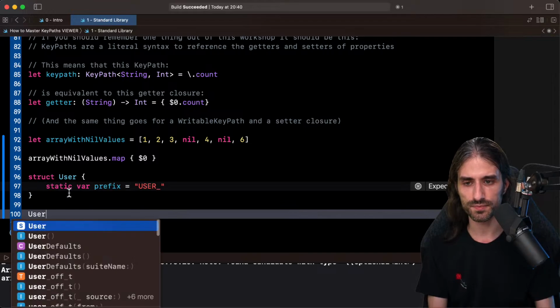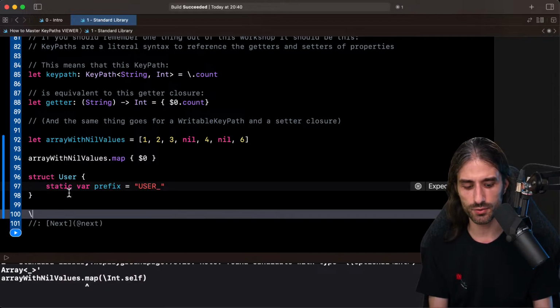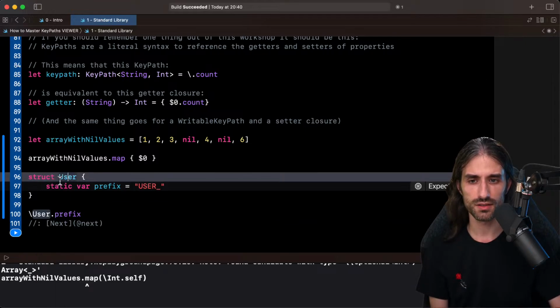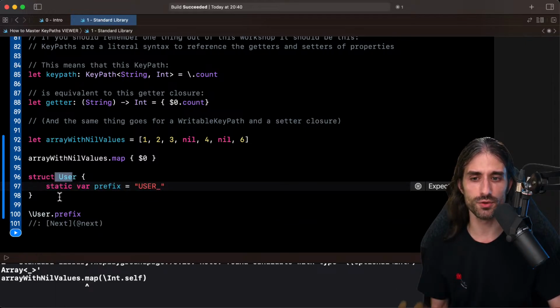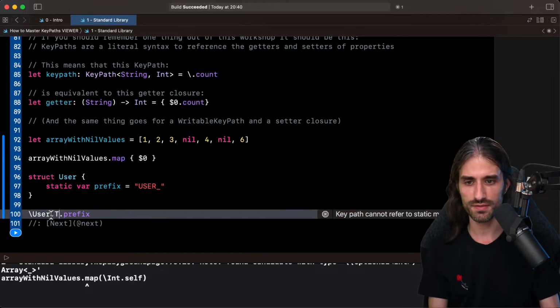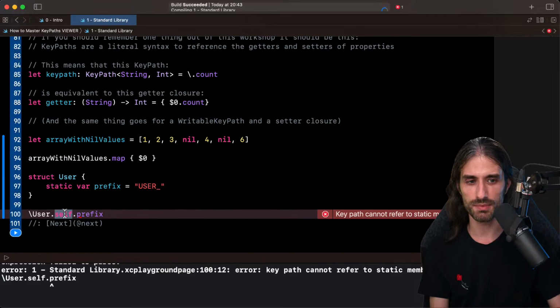And now let's see. Do we have a key path to this thing? In a way, I would say that no, you don't have one, because you call the key path on a value of the type, so you would need to call it on the type itself. Or what if I do something like that to refer to the type itself?